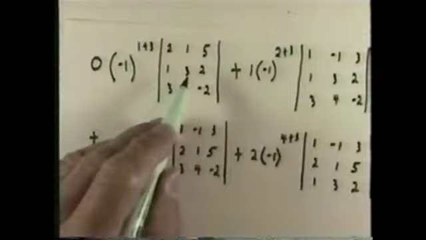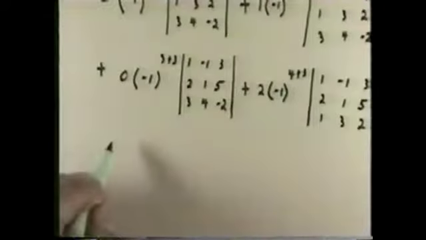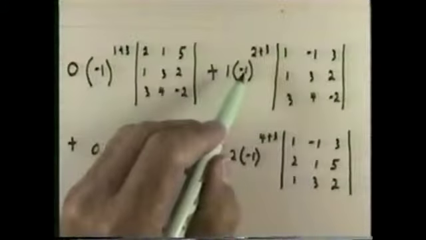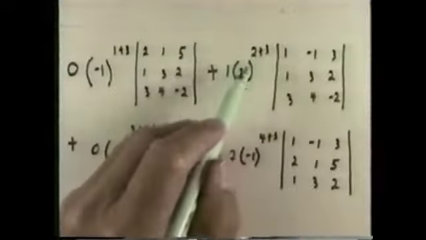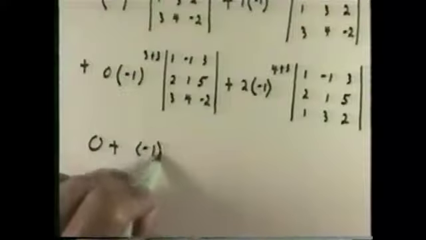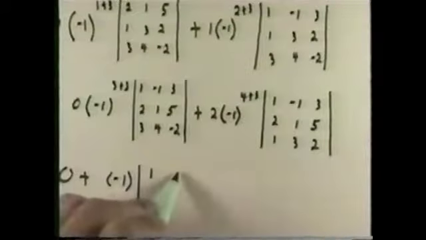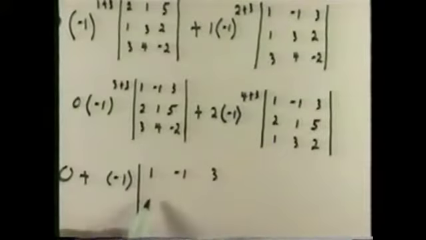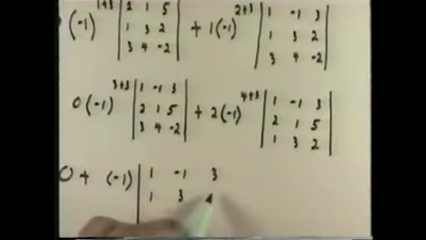Now we can go back and look. All this is 0. So I'm going to have 0 plus, now negative 1 to the 2 plus 3, which is 5. Negative 1 to the 5th is negative. So that's plus, I'm just going to say a negative 1, times the determinant 1, negative 1, 3, 1, 3,